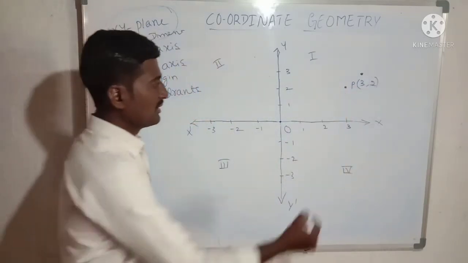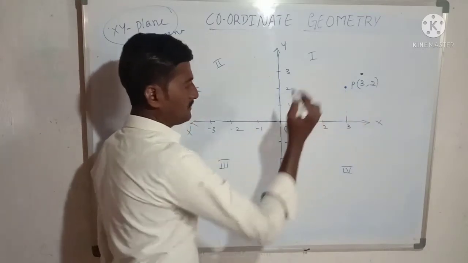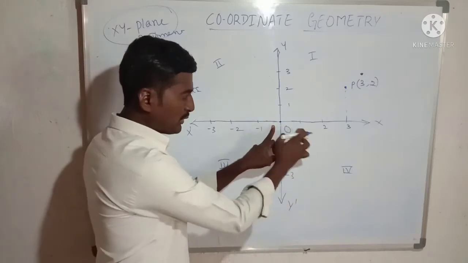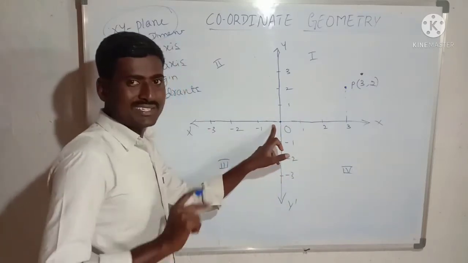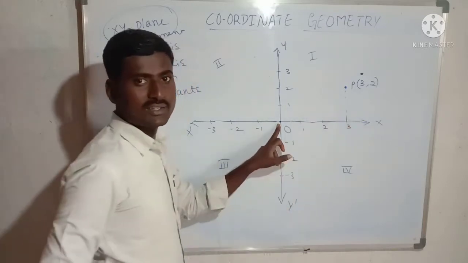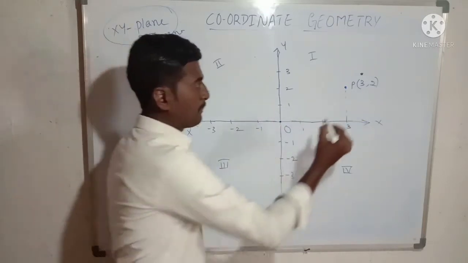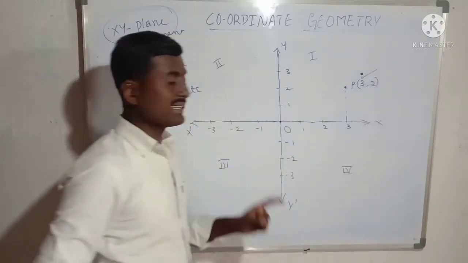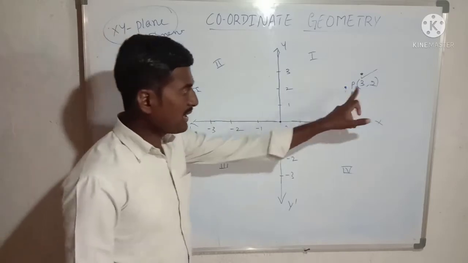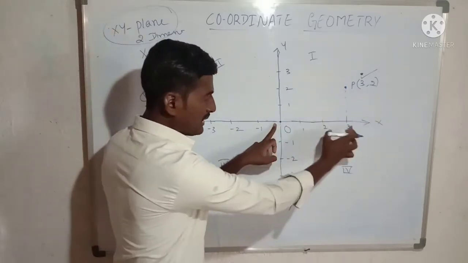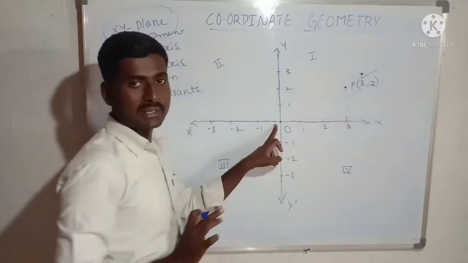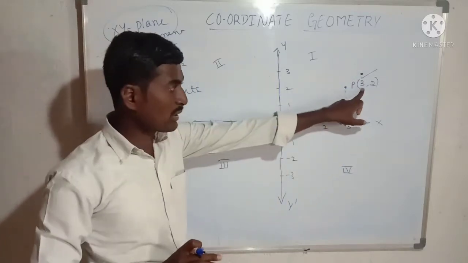Let us see. Here, this 3 is nothing but the distance from the origin to here. How much distance? It is 1 unit distance. Then from here to here, 2 units. From here to here, 3 units. Okay. This first element is called the x coordinate. Why did I write 3 here? From here to here, 3 unit distance is there. So therefore, this is 3. This is the x coordinate.